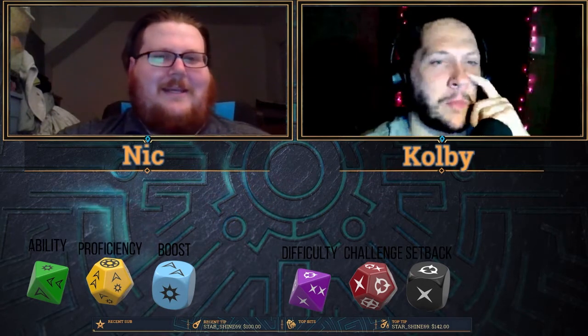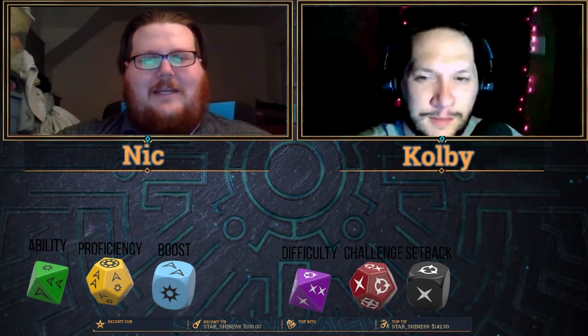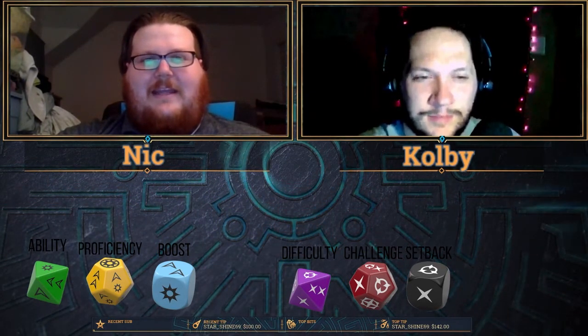And then, you asked about upgrading and downgrading dice. I went through the rule book. Upgrades and downgrades can be found on page 22 of the core rulebook. Basically, it only affects ability and difficulty dice, and you can upgrade them to proficiency or challenge dice. And usually this is done because of an ability or a talent a character might have. And so where that comes into play is